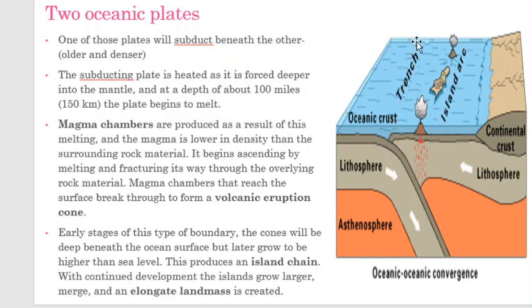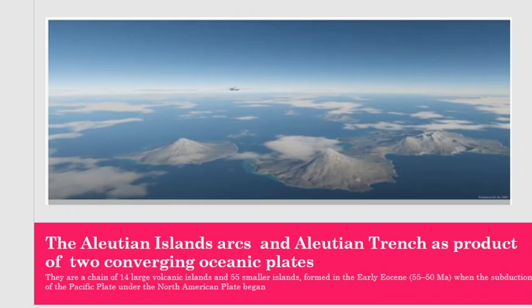So this would form the deep part of the ocean, the trench. And parallel to the trench, we have the island arcs forming on top of the ocean. So one classic example of this is the Aleutian Islands and the Aleutian Trench as product of two converging oceanic